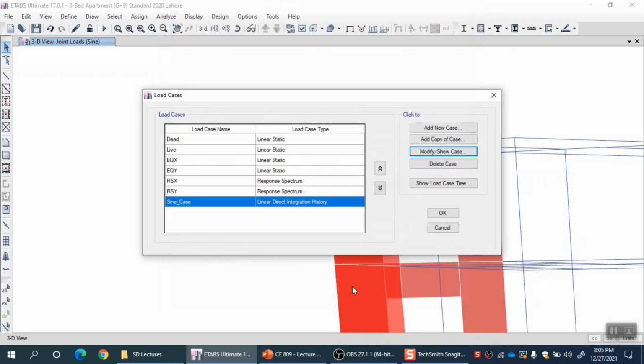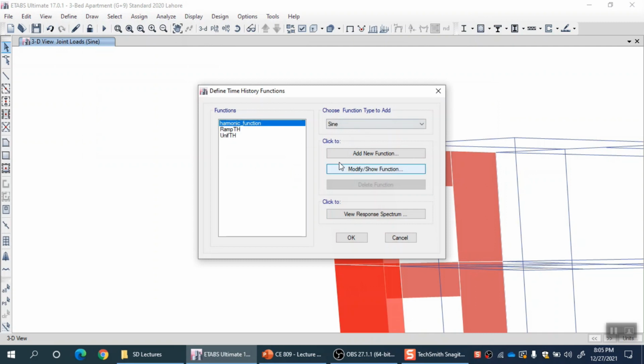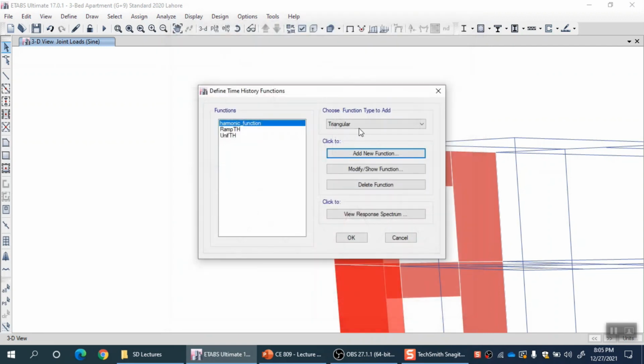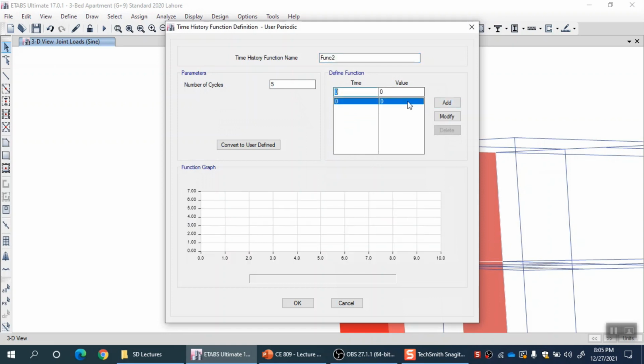So this define functions option here gives you a lot of flexibility. For example, I can define periodic loading also. For example, triangular, it is of this shape, I can modify this. Then user periodic, for example, I give one cycle of periodic loading and it replicates any number of cycles. For example, here I can give point by point just one cycle, let us say 0 0, then maybe 1 second, and loading is let us say 3. See, and 5 number of cycles it has already created.